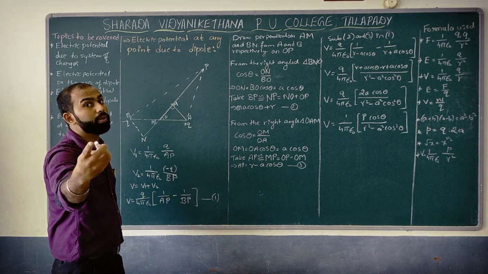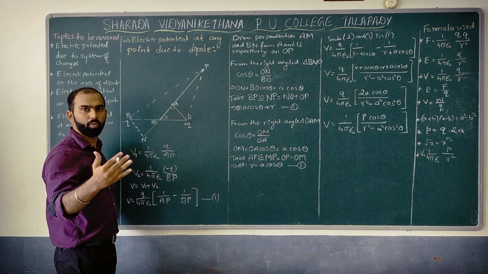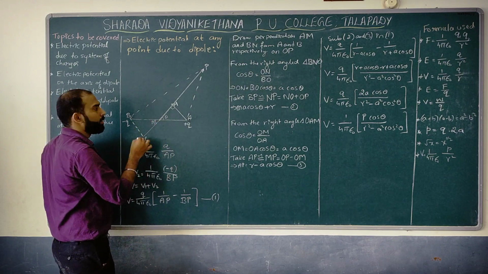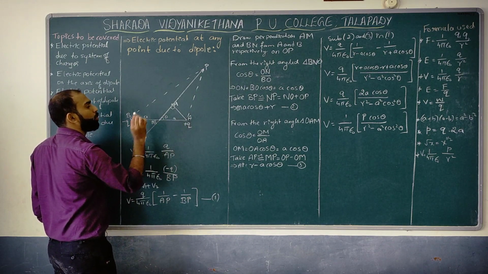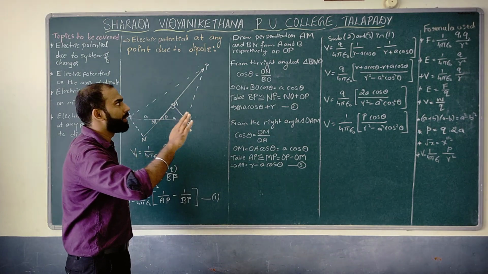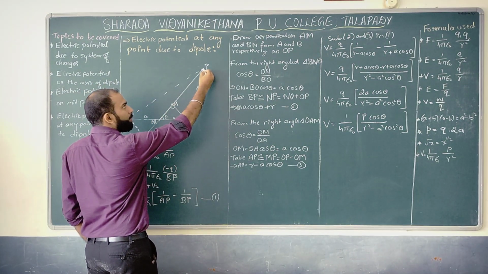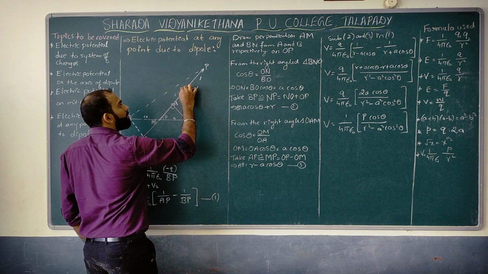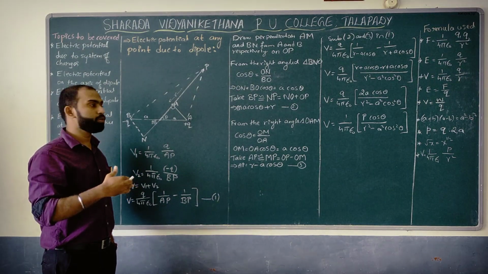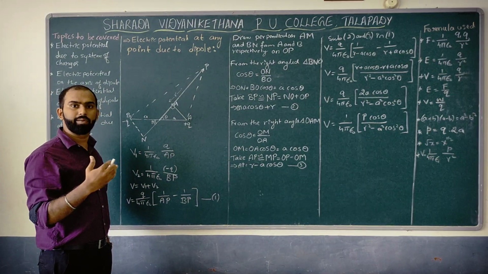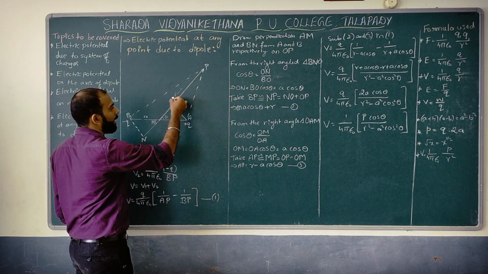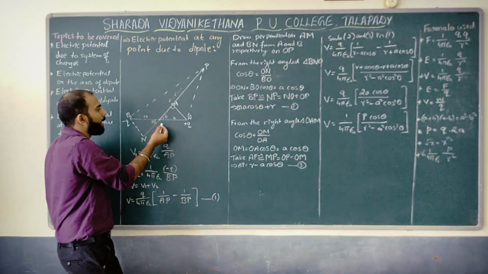It's nothing but 2a. So what is the half of the length of the dipole? Let us say a. So you have kept, say, the midpoint of the dipole, and you take a over here, and your job is to find electric potential at a general point. Let us say you have taken point P as a general point with the distance r from the midpoint of a dipole. Always, whatever measurement you take, it should be taken from the midpoint of a dipole. Got it? So we have taken point P, the distance r with respect to the center of a dipole.